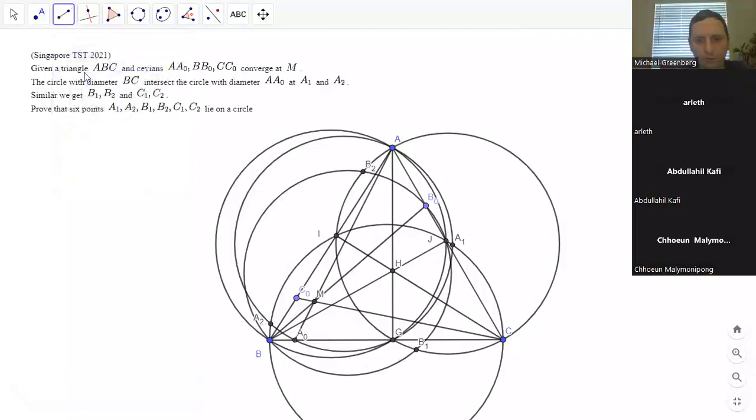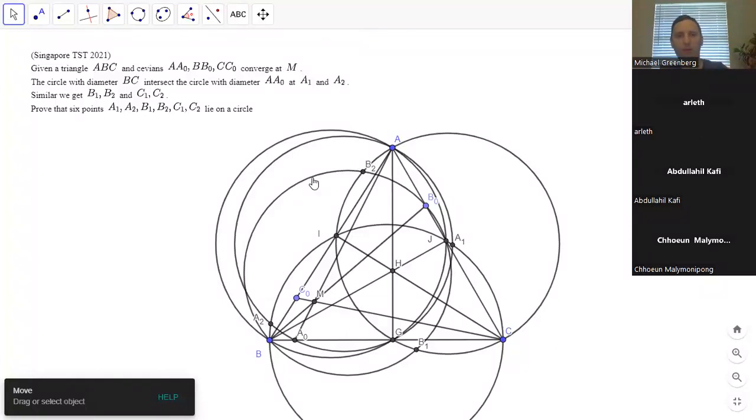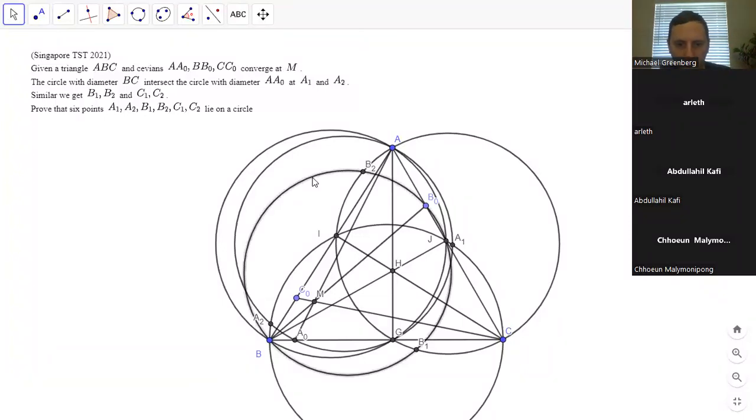So I wonder if B2, H and B1, it looks like they're collinear. So that might be a big step towards showing this. It might just be power of a point, actually. Yes. When we show H lies on the radical axis, maybe we could start by showing H lies on the radical axis of all these circles. So this one, the power of H with respect to this circle is BH times HJ. And it's the same as the power of H with respect to this circle. So that means that,